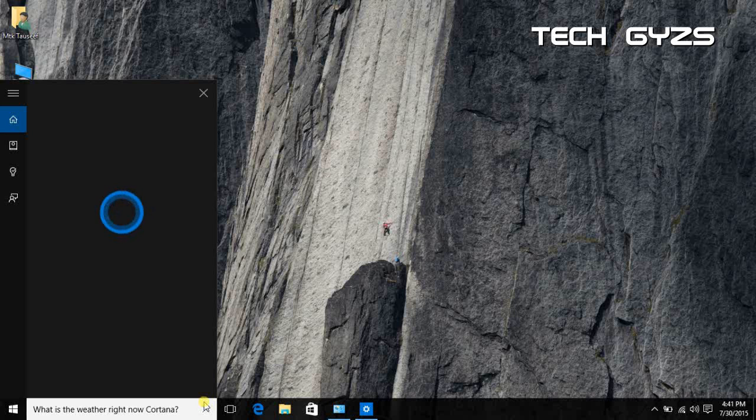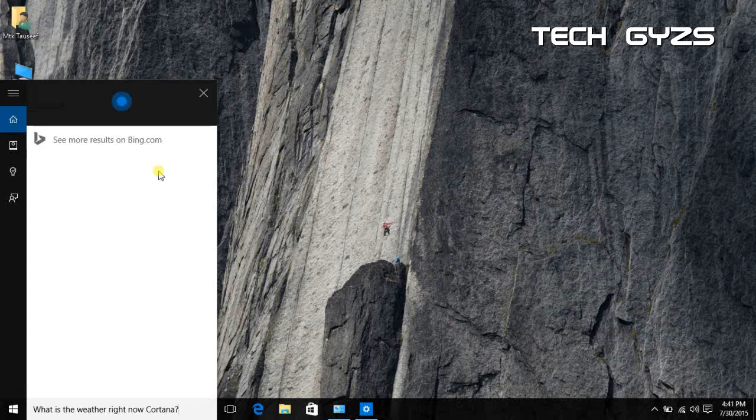It will require first time to integrate your voice command into your system. So, what is the weather right now, Cortana? It's taking a little bit of time because of my slow internet connection. See more results on bing.com.